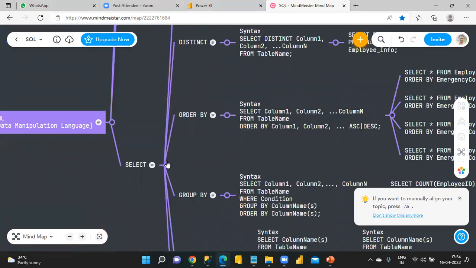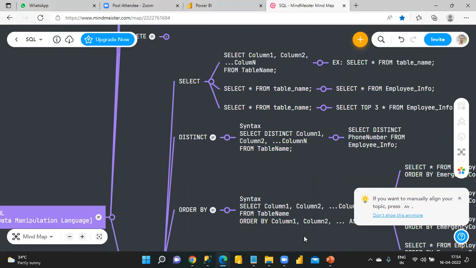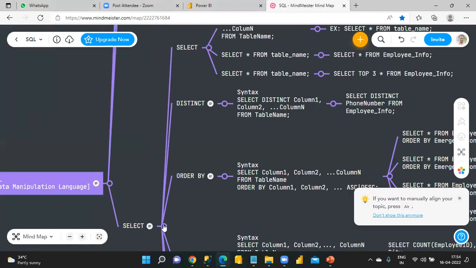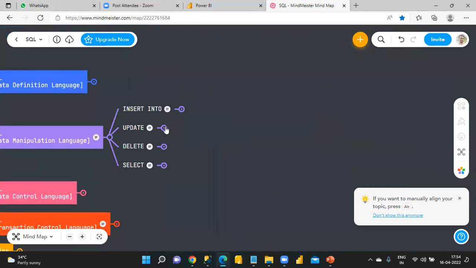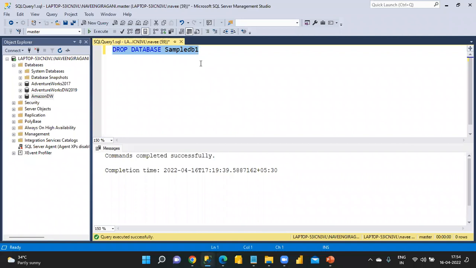The select command we will use with where, in, select from employee table, or select star from the employee, select top 3 star from the employee, or select distinct, or select distinct count. We will discuss select later. As of now, we have discussed the DDL commands and the DML commands. Okay, so let's get into our